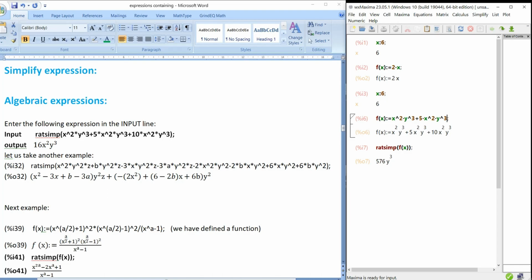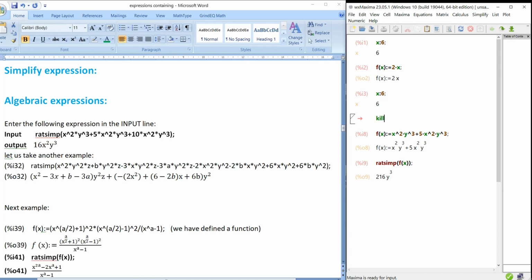I shorten this example. Shift enter. The reason why this is showing an error, one minute, is that I have assigned the values of x and y above this example. You can see x has been assigned the value 6. That is why it is putting x equal to 6 in the output, right?